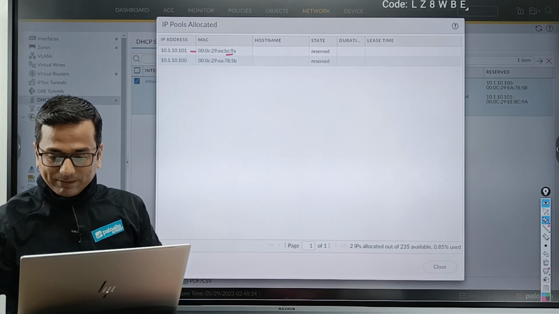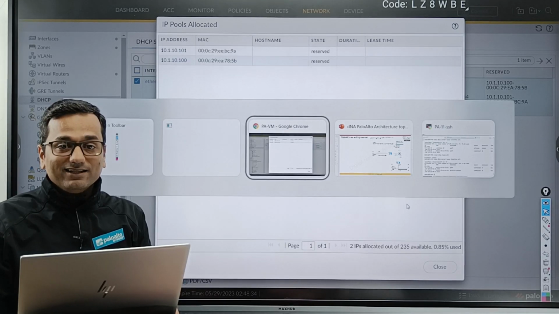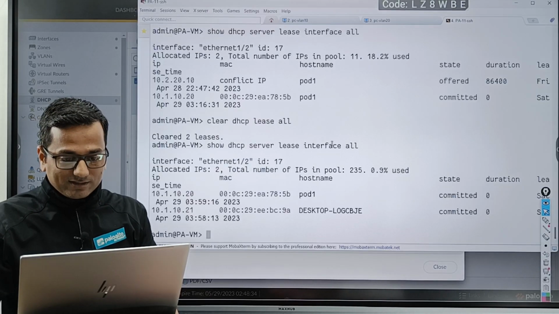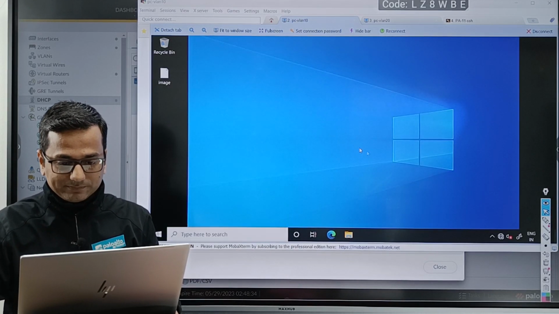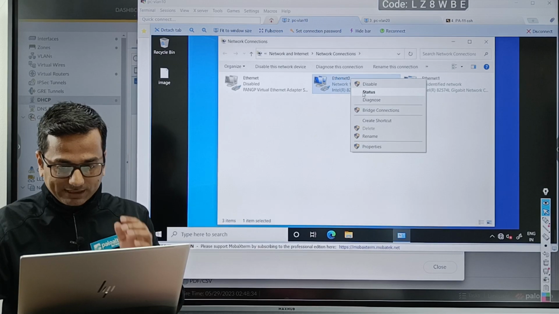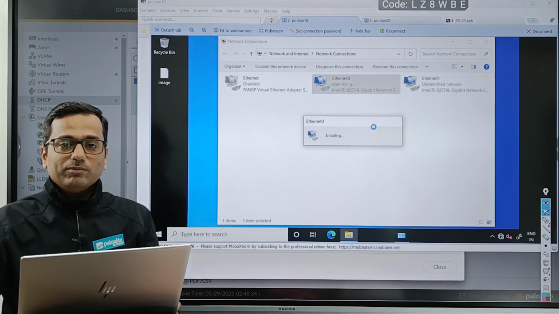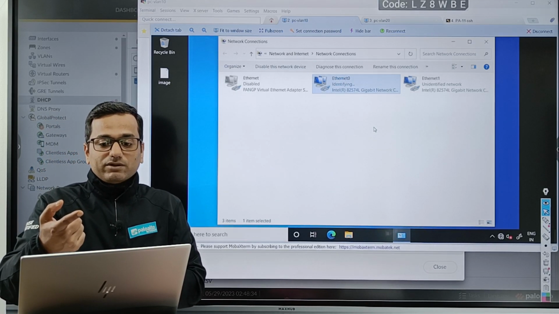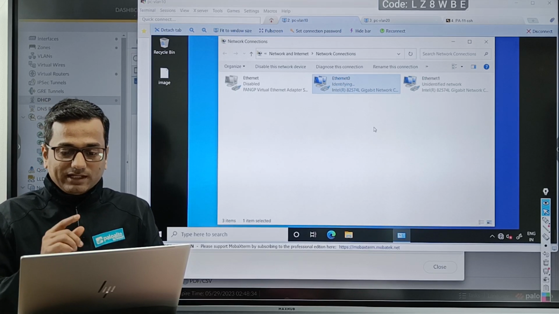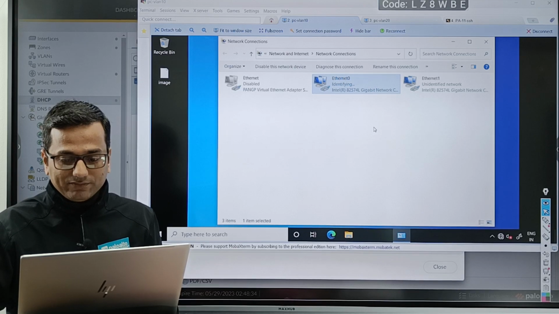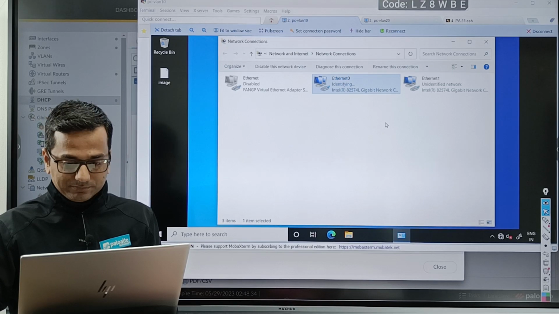Okay. So basically, let's go to the endpoint. New thing I learned today, guys. On the endpoint, run ncpa.cpl, status, disable, enable again. Definitely your machine will again generate the DORA process, the DHCP discovery process. It is identifying. Wait for a minute. Okay, it takes time.